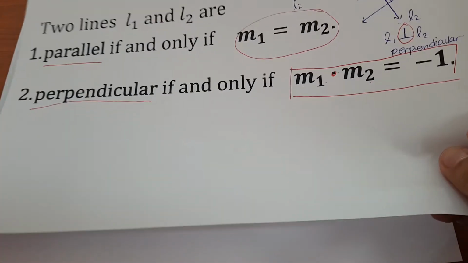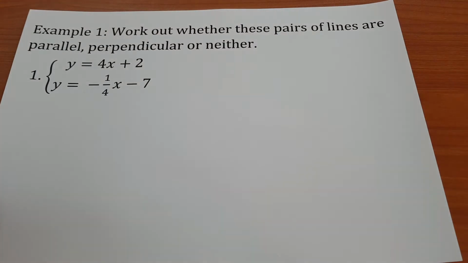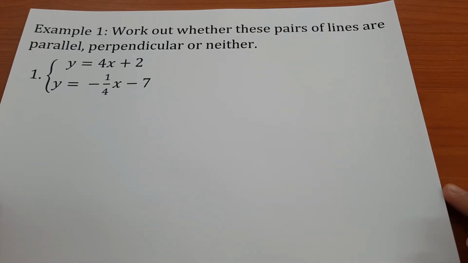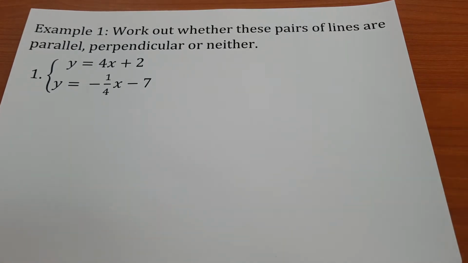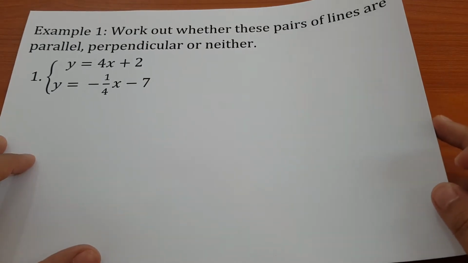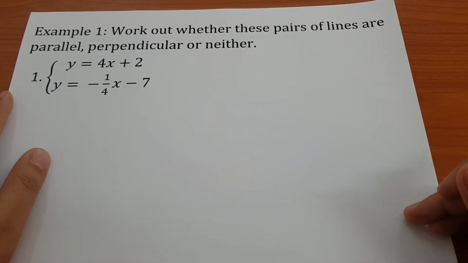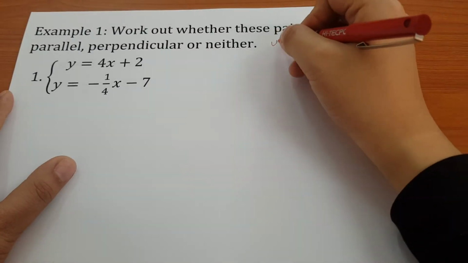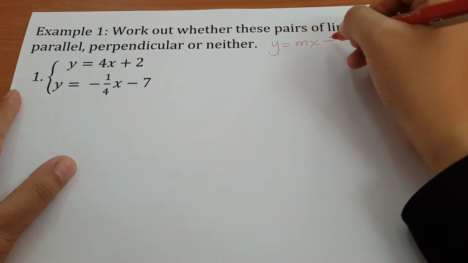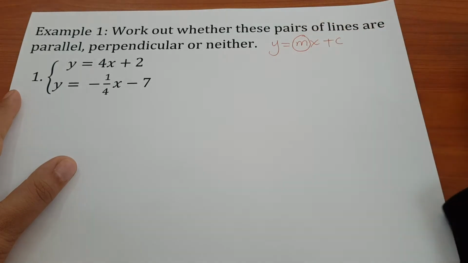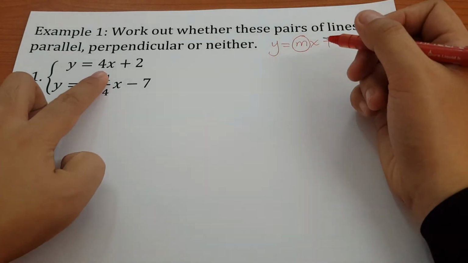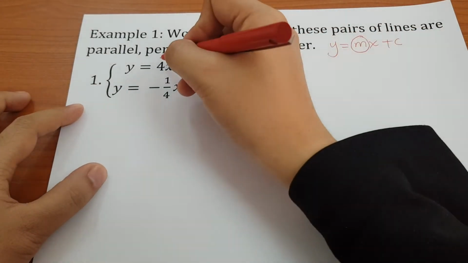Okay, so for the next examples where we have pairs of equations of lines, we'll just identify whether they are parallel lines, perpendicular lines, or neither parallel nor perpendicular lines. So let's start with this one. We need to identify first their gradient. So let's start with number 1. Remember, if the line is of the form mx plus c, the coefficient of x will be your m. So in this case, for line 1,